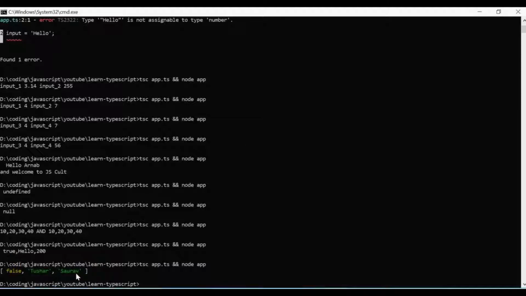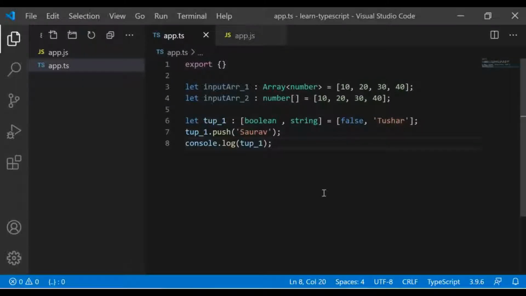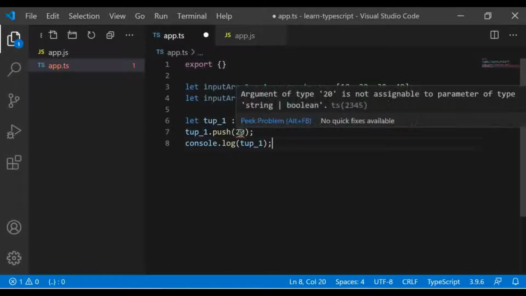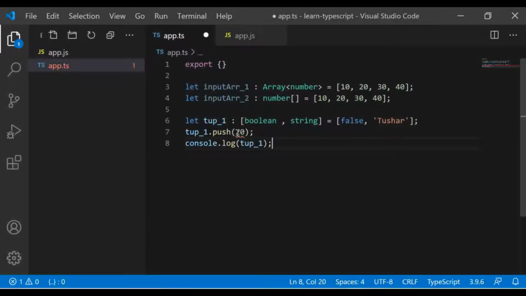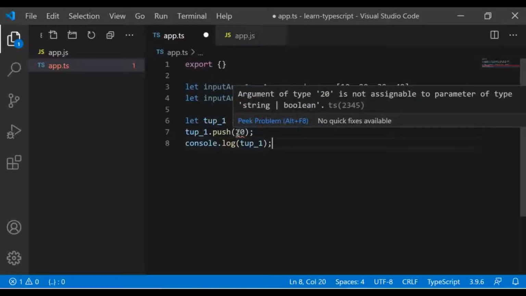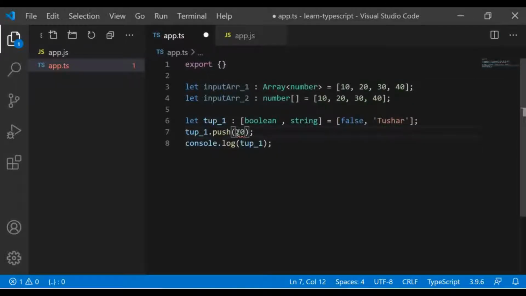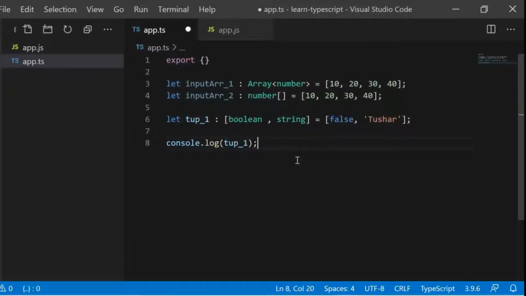Yeah, as you can see, so we can push further data externally to the tuple, but remember we can only push data which belongs to this type. So the moment we are trying to push something like this which does not belong to boolean or string, then it will not work, it will show an error. I hope it is clear now.